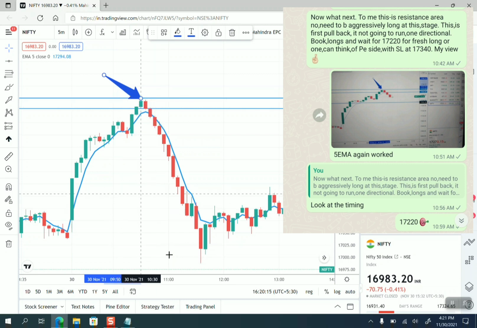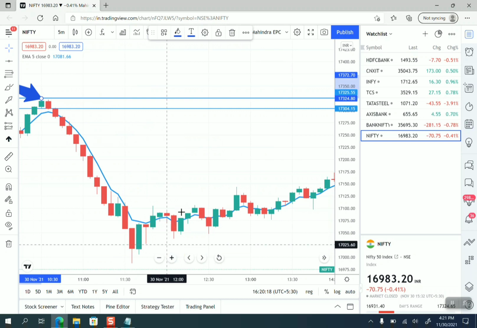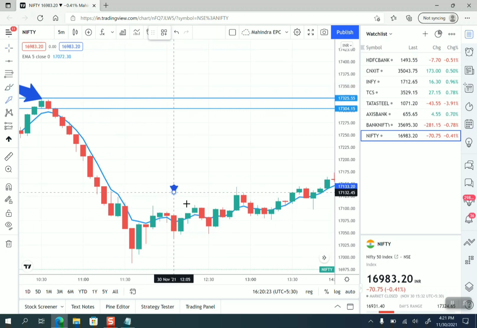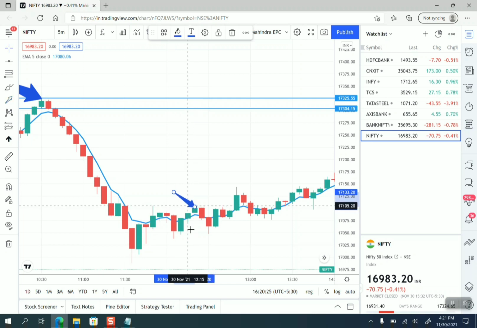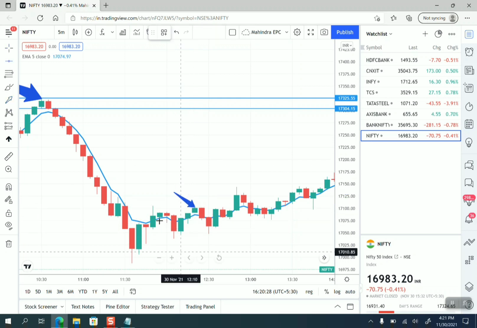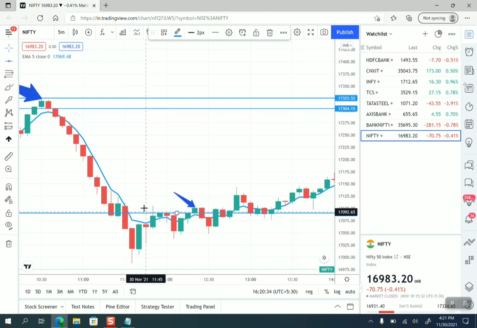Where we saw the next one today, this candle also tried to go away from the line. So what's the scenario? Let's mark the high and low. As soon as it breaks the low, take the put side. In such a case, you can initiate a scalping strategy where you can book some points. Let's see, from 17,100 to 17,050, it came down 50 points. So this is a 50-point opportunity.